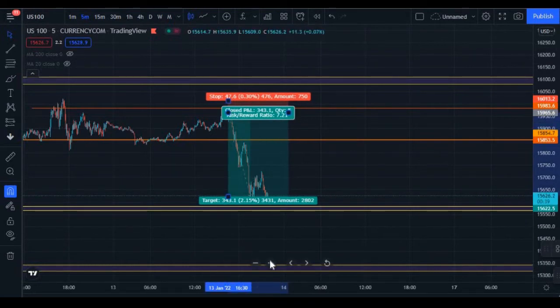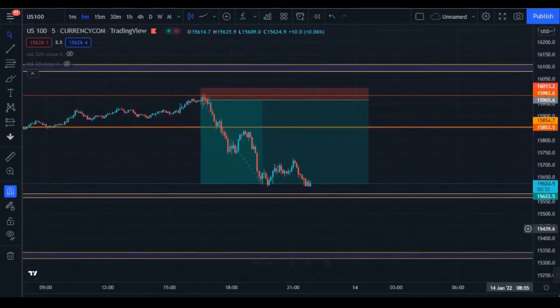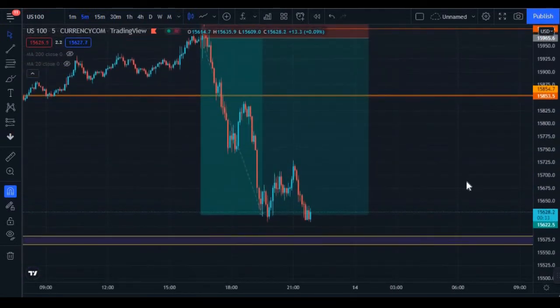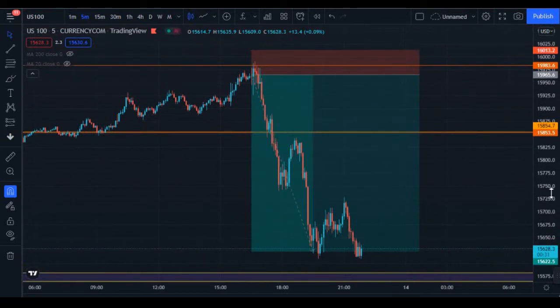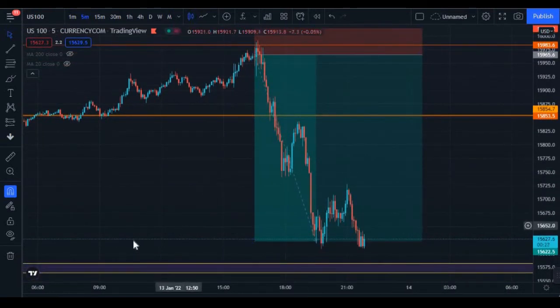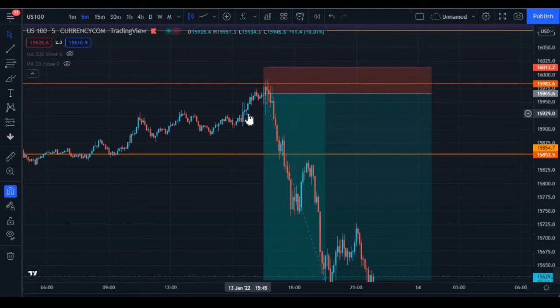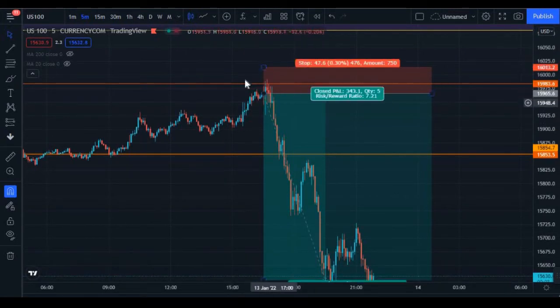So if we can go onto our 5-minute time frame and get an in-depth analysis of how we would actually enter this trade. What you would have done is wait for price to get to the zone and reject the zone, right? As you can see, it did reject the zone. So when we're going to enter this trade,